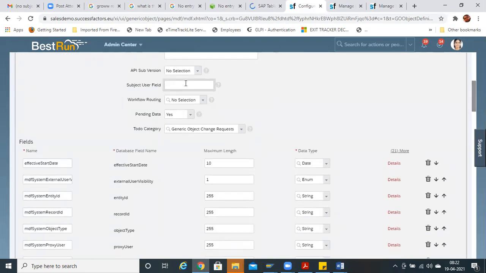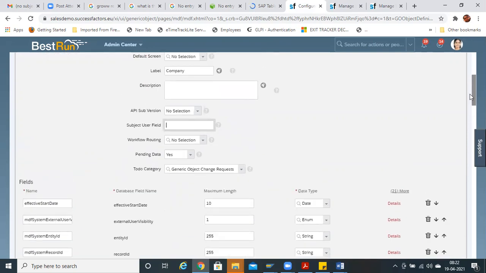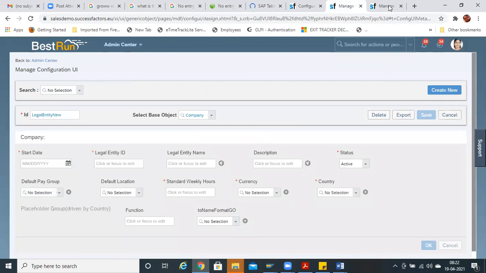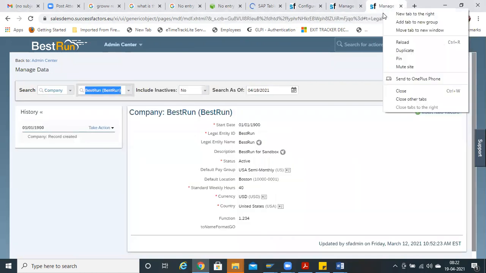Then what is subject user field? If you want this MDF object to be visible in the public profile, like public profile config, in the front end. For example, the front end is not like Manage Data. I have already explained what the Employee Central fields, the employee file, and the employee profile are.